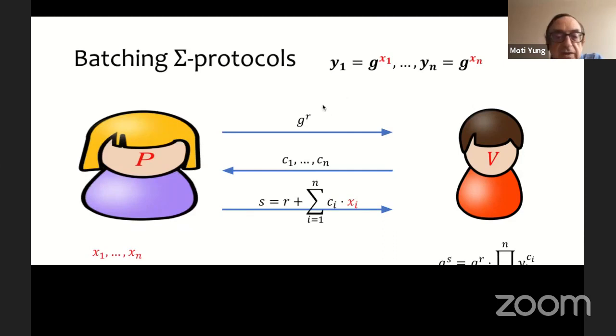You have g^r that you know the discrete log of, and then you are challenged n times, but you can send back a compressed representation, which you verify this way, knowing the c_i's and the relations.